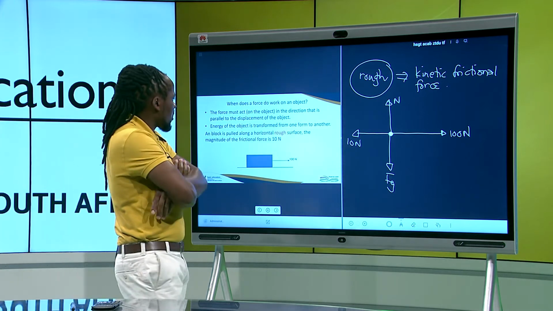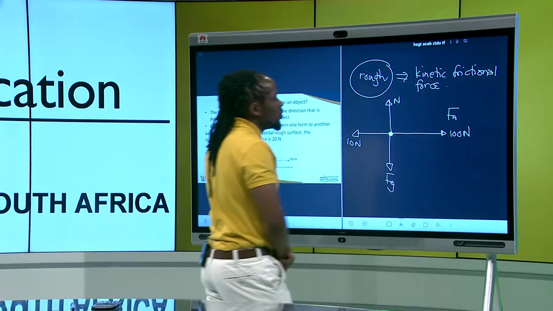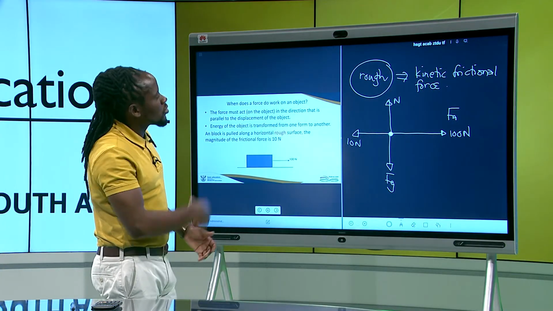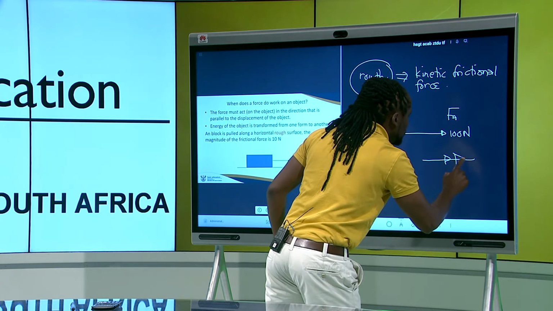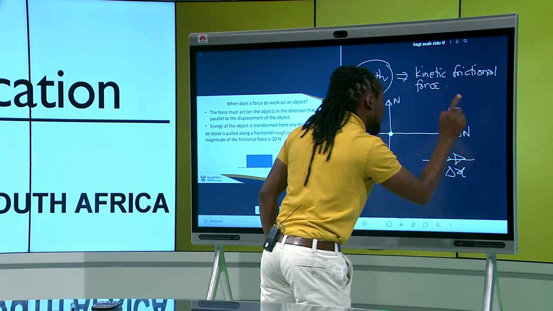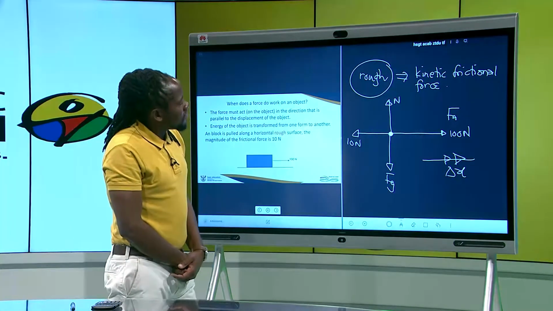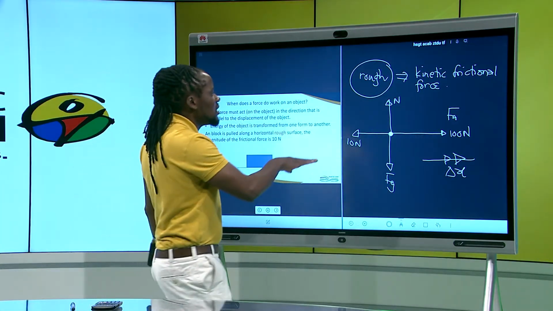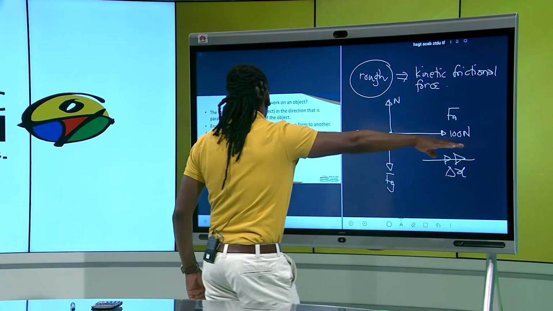Right. Now, let's check. We've got the applied force there, which is the 100 newtons. We assume that the object moves in that direction. It's displaced in the direction of the 100 newtons. Now, it's very clear that, yes, indeed, the applied force displaces the object in the direction of